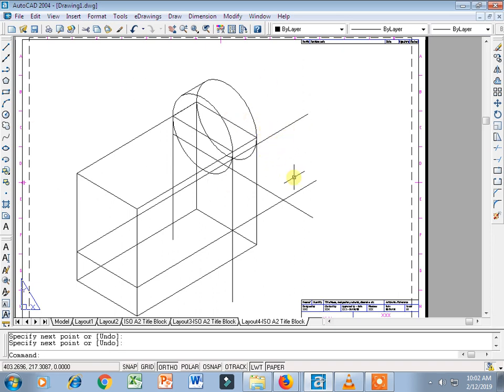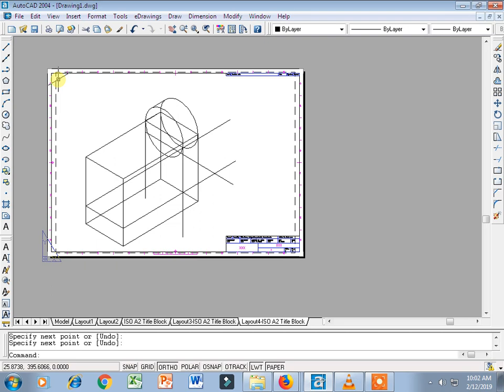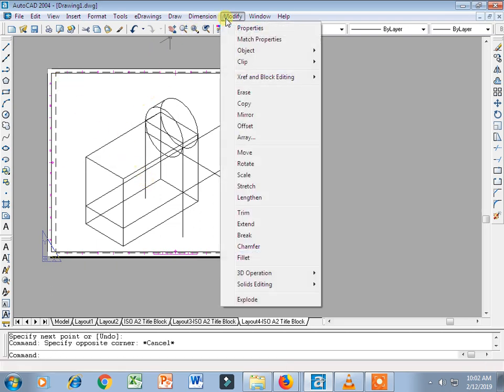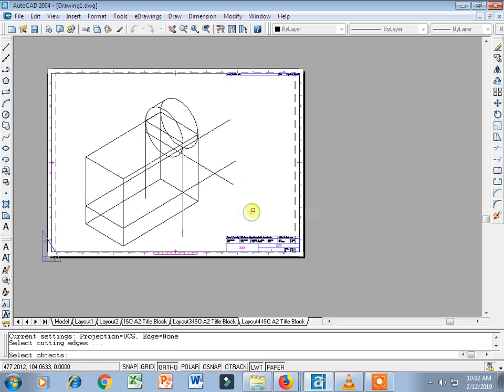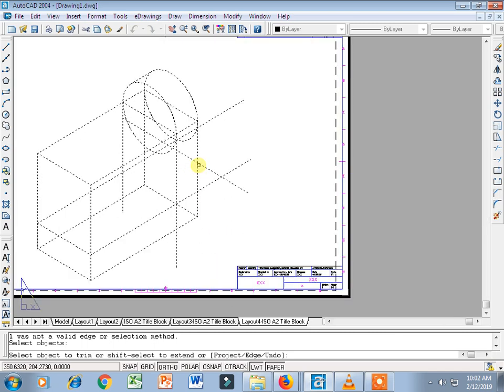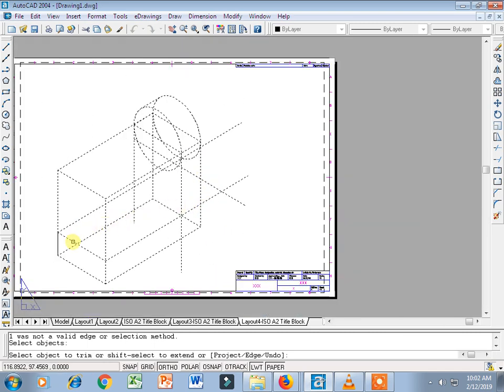Now we will trim the unwanted thing so the drawing will be clear to us. So we will go to modify, trim, select object, your entire sketch we will select, press enter, and now we will go to the lines which we don't want exactly. We don't want this portion, we also don't want this portion, we also don't want this portion which is out of the circle, we will remove it completely. We also don't want this line portion, we don't want this, then we also don't want this portion,